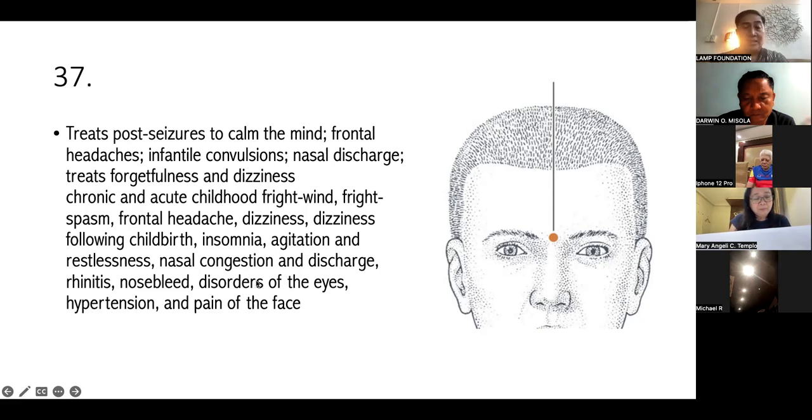Next time you remove needles, dapat may nakaabang ka na dry cotton, no? Especially yung mga tao na parang may empty heat. Yung may talagang, mararamdaman mo mabilis yung pulso. Empty heat or excess heat, talagang may heat in the blood sila. So you should be prepared, especially yung mga mainitin ng ulo and masumasakit. And usually pag stress ang tao, talagang mag-expect ka may lalabas sa tubo. And it's very, very